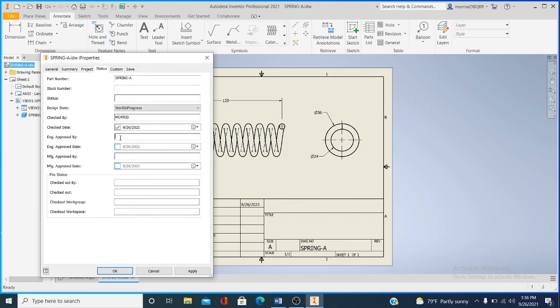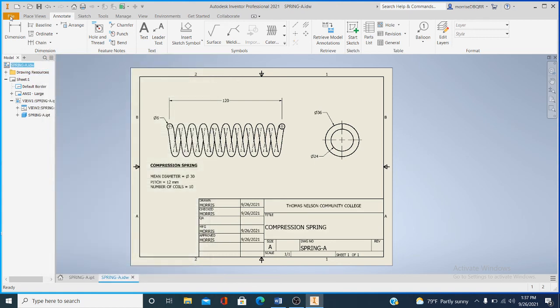Engineer approved by Mr. Morris. Check on the date. Manufacturing approved by Mr. Morris. Check on the date there. And say apply, close, file, and save. All right, so this is our first